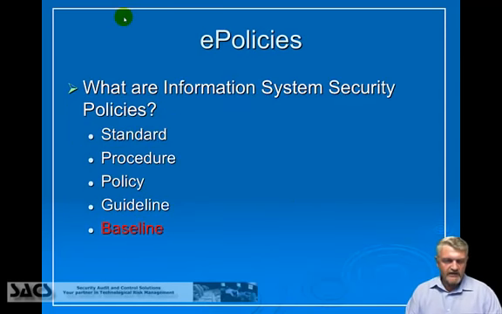Now, before we start, let's look at a quick differences. What are information system security policies? Before we have the policy, there are certain documentation that forms the support infrastructure for policies. We have a standard, and a standard is something we can measure usually. This is the what. The procedure is the how. How do we get there? It's a step-by-step process identifying an end result. And procedures often are used for disaster recovery planning, how to build a system and so